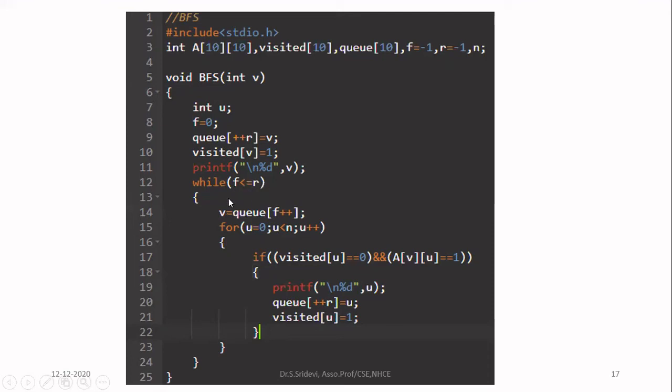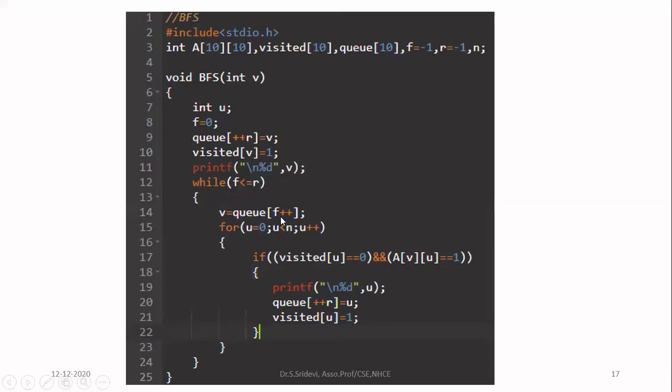So what you have to do now, when the queue is not empty, is remove one node from the queue. Then you have to explore all the neighbors of that particular node. So what is the meaning of removing the node from the queue? Here you can see that is implemented in line number 14. To remove the node from the queue, I have to remove the node pointed by the front index. So first I am taking the data available in queue of f.